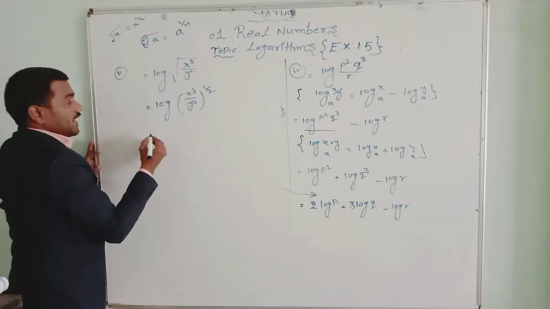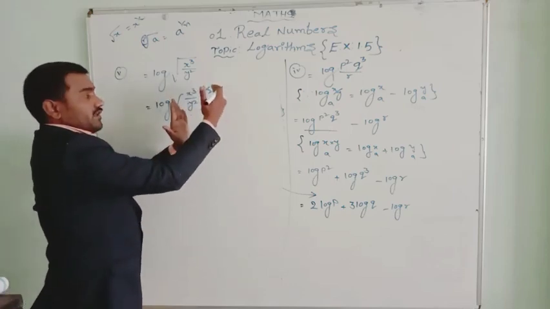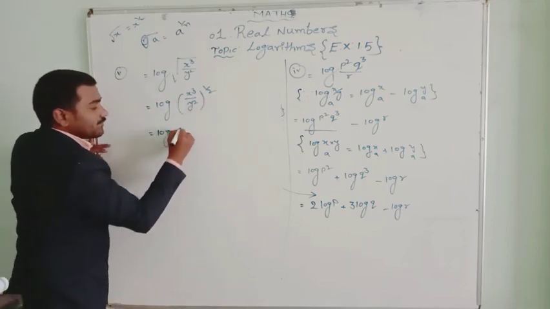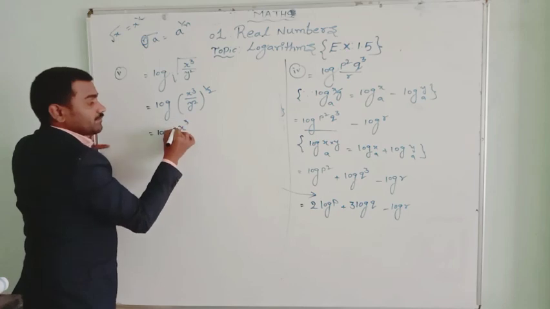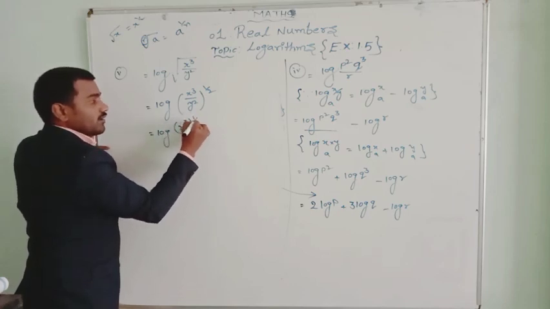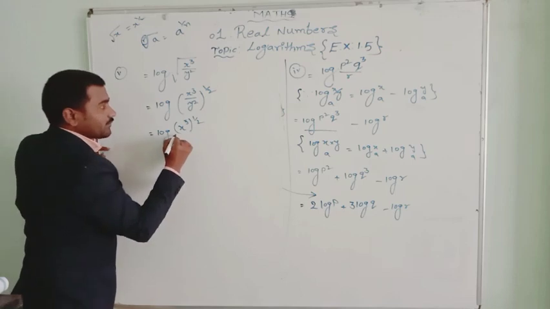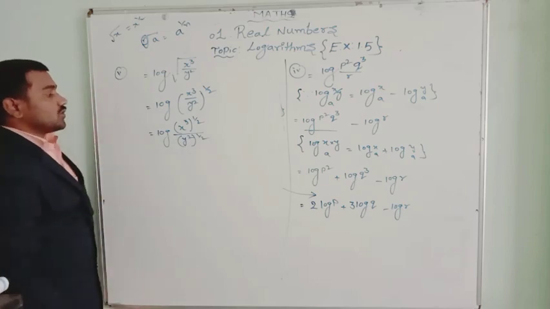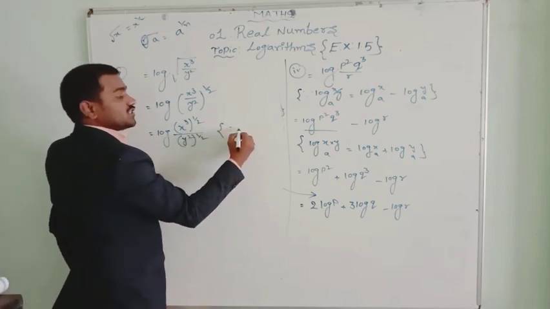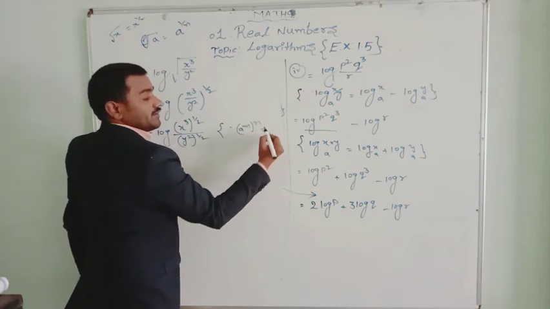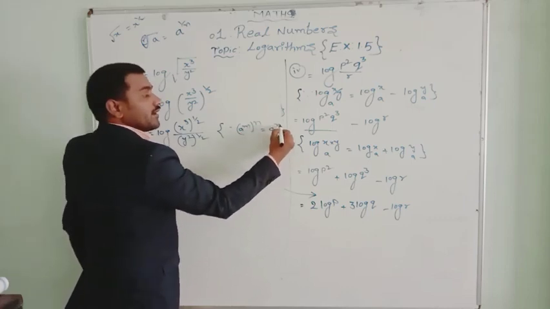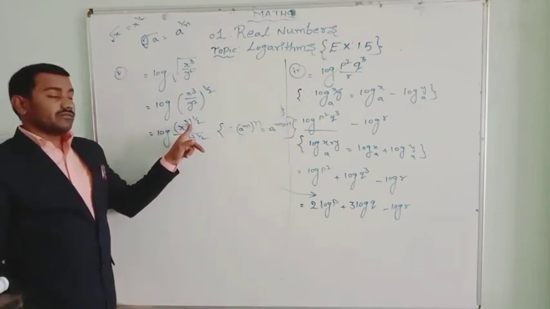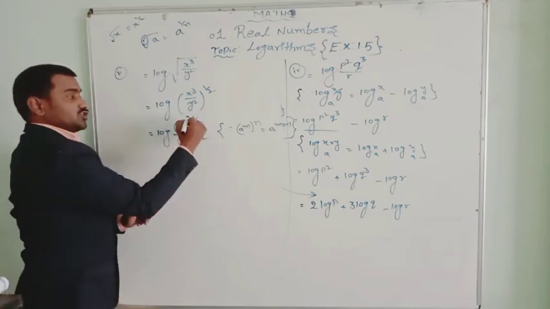Okay. So let us write this now. This 1 by 2 is the power of the numerator and denominator. Let us distribute that. Now in the next step we get x to the power of 3 all to the power of 1 by 2 by y to the power of 2 all to the power of 1 by 2. So here it is in the form of the law of exponents formula, a to the power of m all to the power of n equal to a to the power of m into n. In that same form, now x to the power of 3 all to the power of 1 by 2. Let us multiply this now.